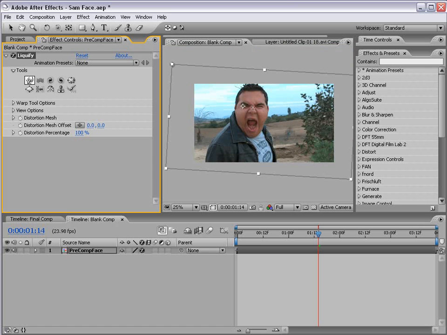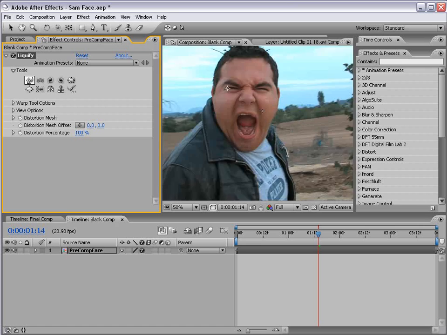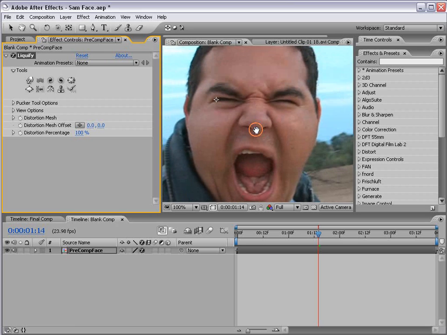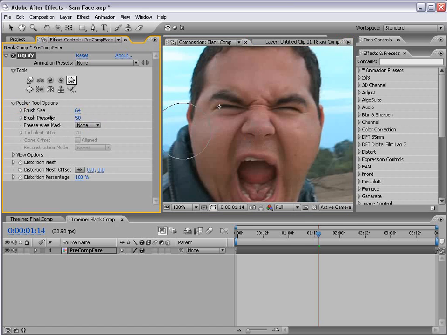Now, this is probably one of the coolest things I ever came across. And what you do is, of the many tools, there's one here that basically shrinks part of the image. So if we kind of zoom in here and we increase the brush size and the brush pressure,